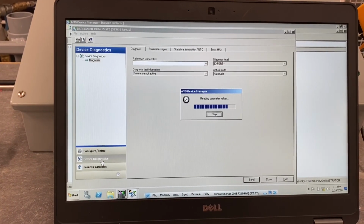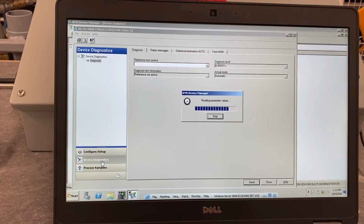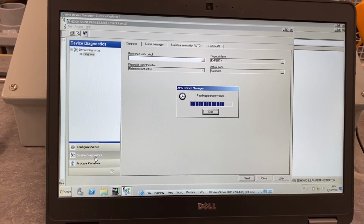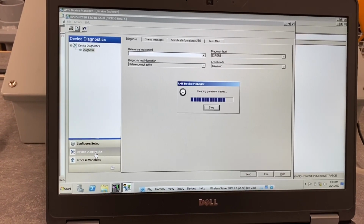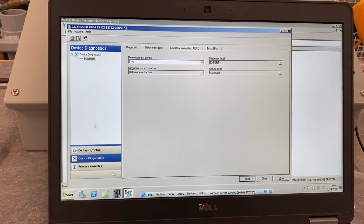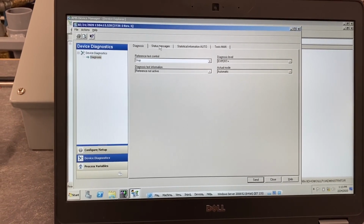So it's communicating with the device. We're using the HART protocol. It's a little bit slow, so it does take a little while to grab data from the device. So right now it's loading everything. I wanted to show the status messages up in this tab here. You can see